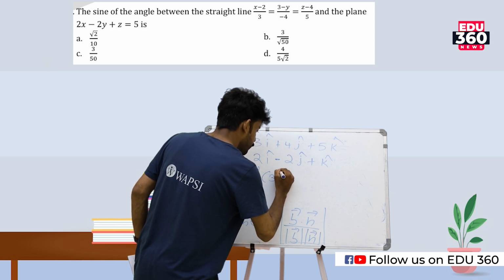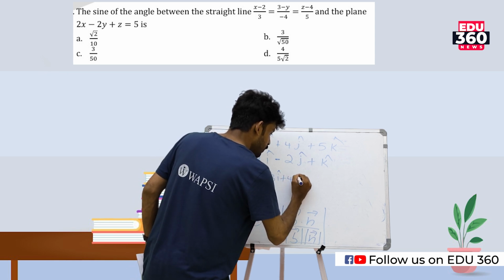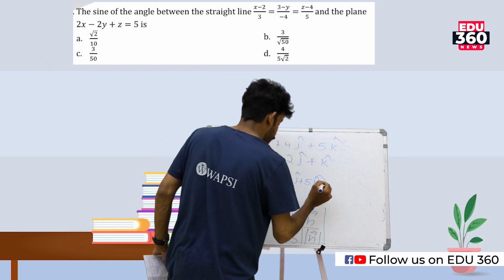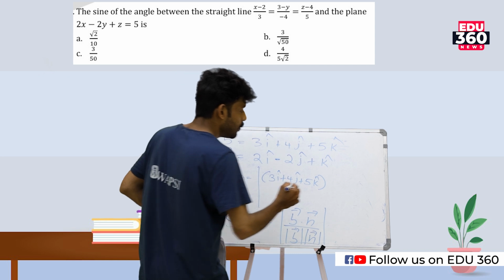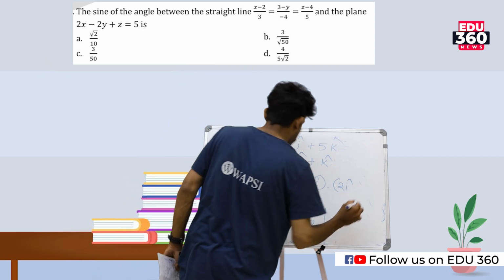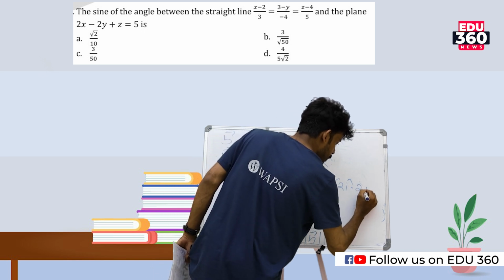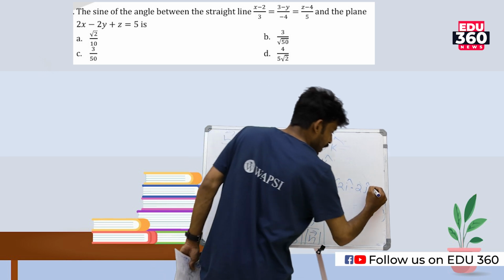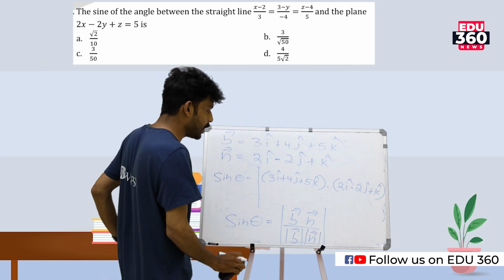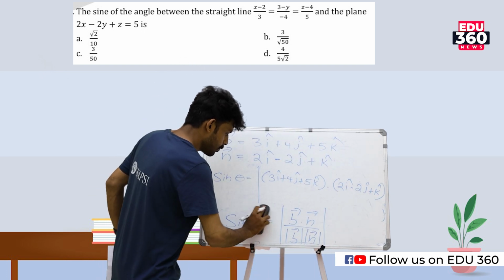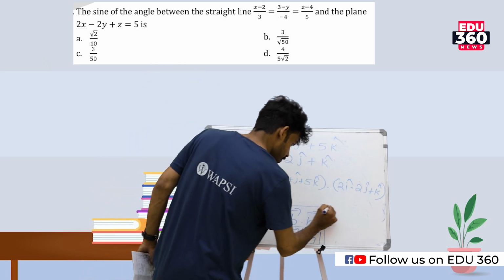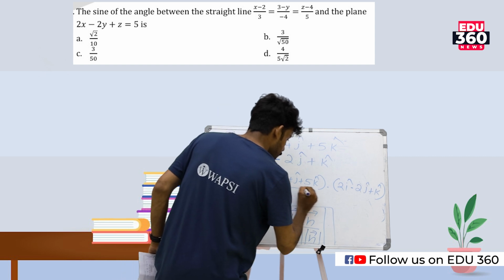3i cap plus 4j cap plus 5k cap into 2i cap minus 2j cap plus k cap, all divided by